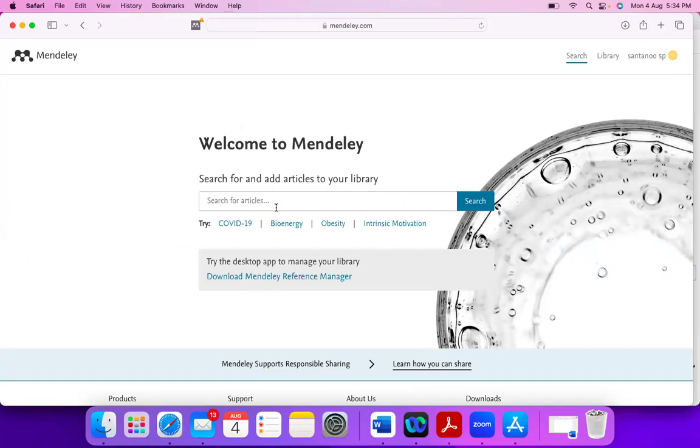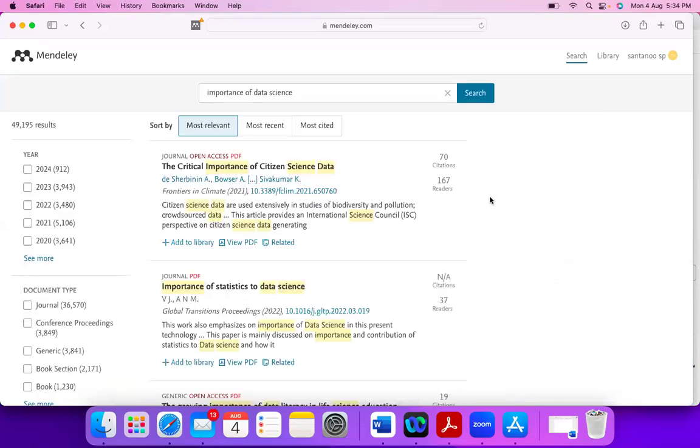For example, let's say I'll search another document: importance of data science. Here, you can directly add it to the